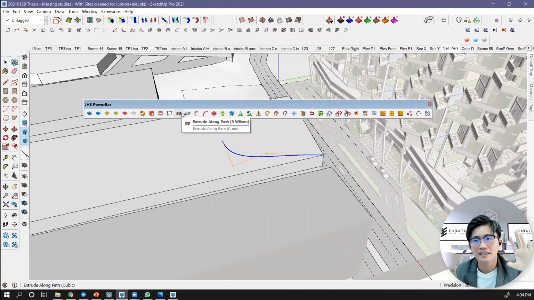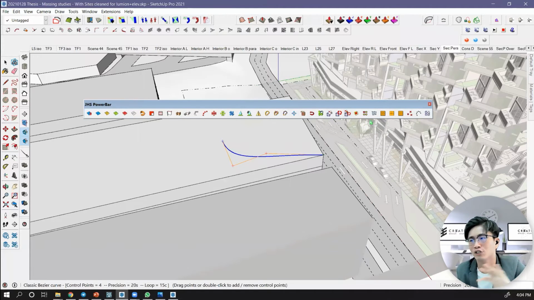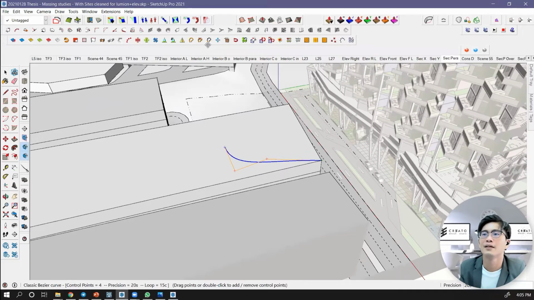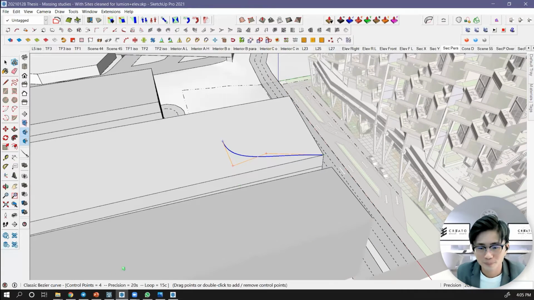It can turn lines into cylinders, into tubes. This is all super brilliant. And many more. In the class we share, like some of these are for topography, to generate topography. So this is the recommended one: Sketchucation, JHS Powerbar.